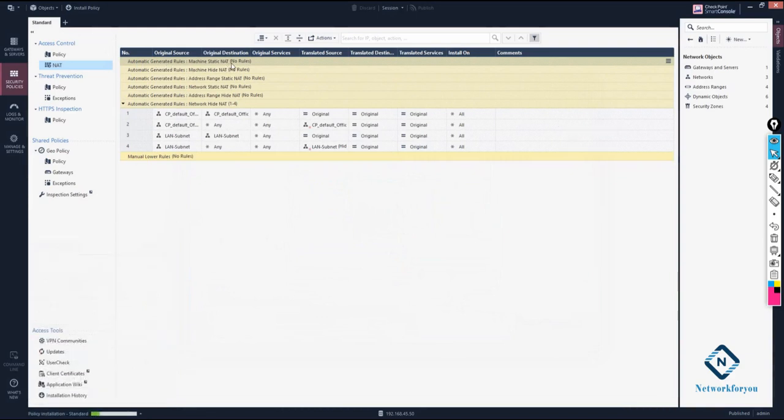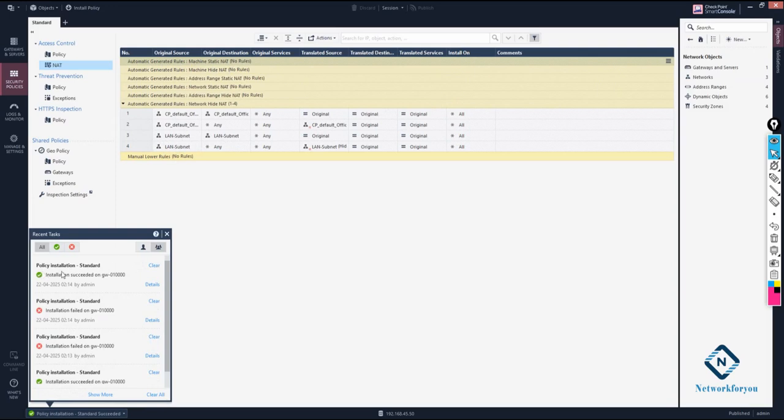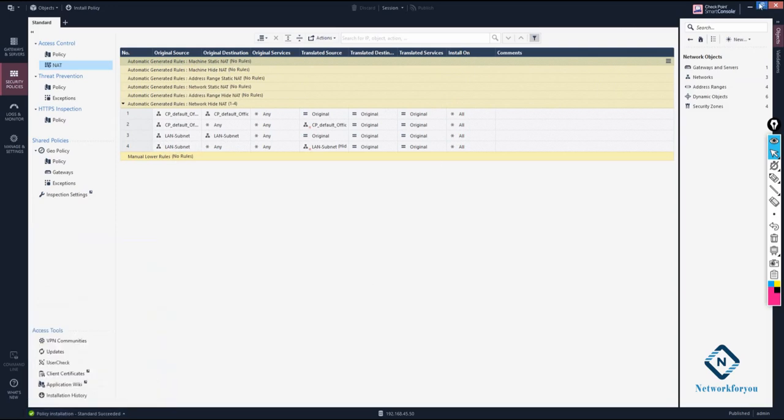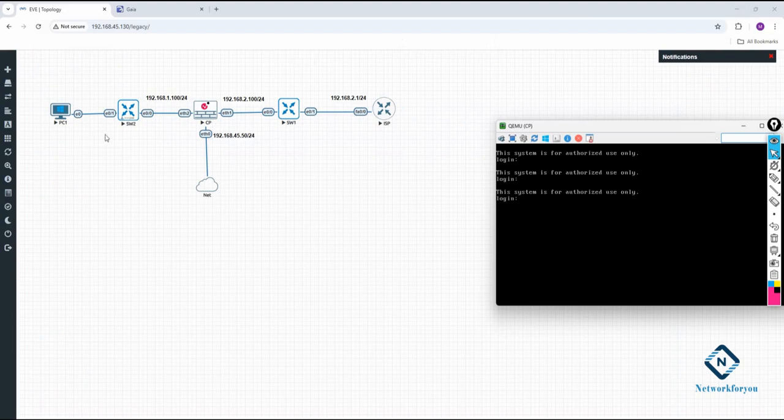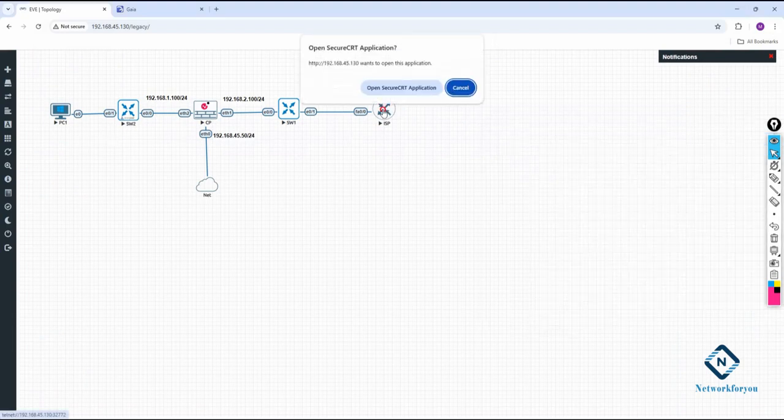The first time when I created it, we had that empty rule. I forgot to delete that one. So we created this one now. For the LAN subnet we told, these last two came. Okay, when I use this one, it is done here. Policy installed successfully. So from SmartConsole, we have done the policy and the NAT policy. Two things we have done. And here in this router, what I will do, in this router we will do the